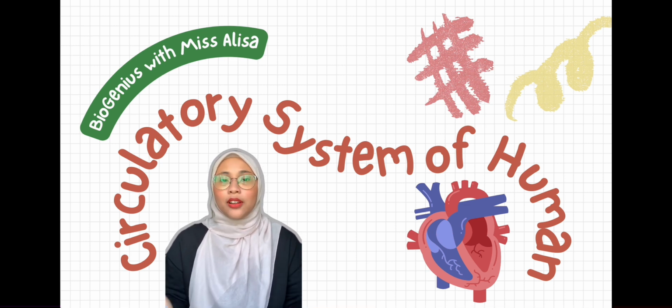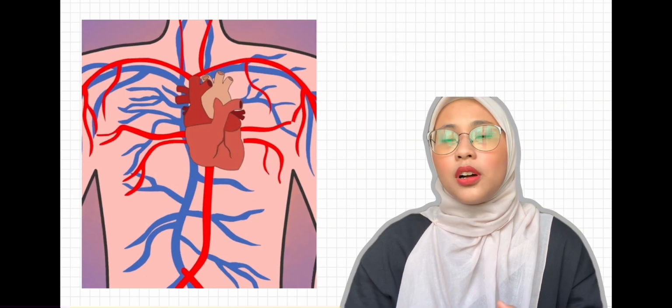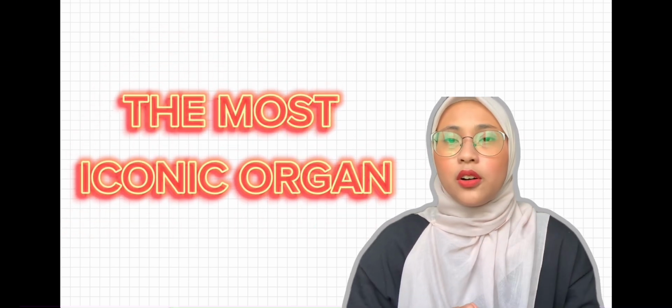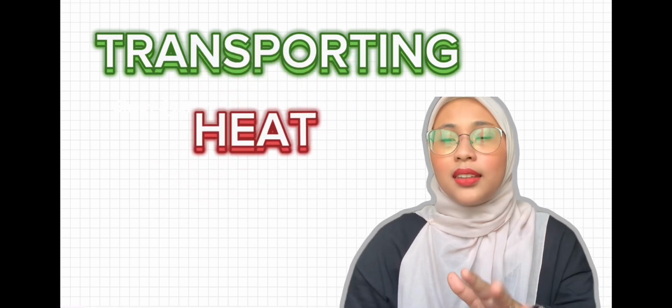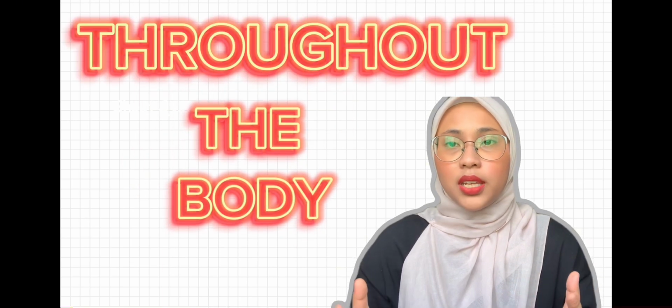Today, we will look at the topic of the circulatory system of humans. Before we look into our circulatory system, let's look at our heart first. Our heart, that beating muscle, is probably the most iconic organ in our body. It powers the entire circulatory system, transporting nutrients, oxygen, waste, heat, hormones, and even immune cells throughout the body for